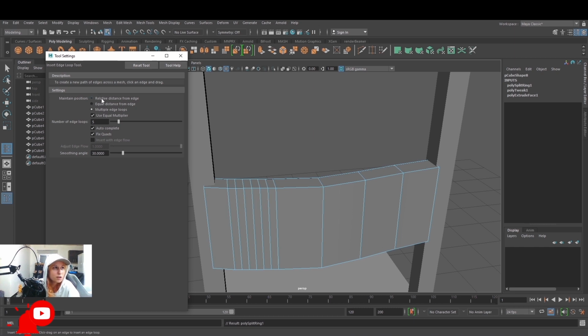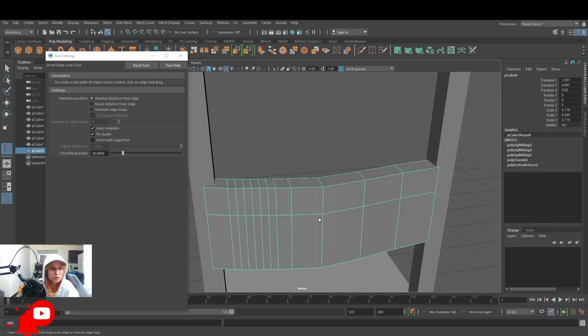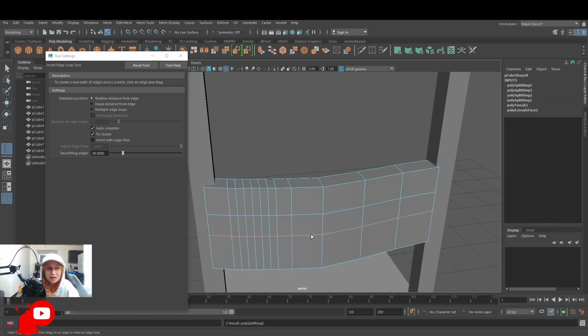If I go to relative distance, the first one, and I select somewhere, you can see I can move it around. I choose where I want to put it. You can put as many as you want. Now that's a trap as well. For new artists, this is the most